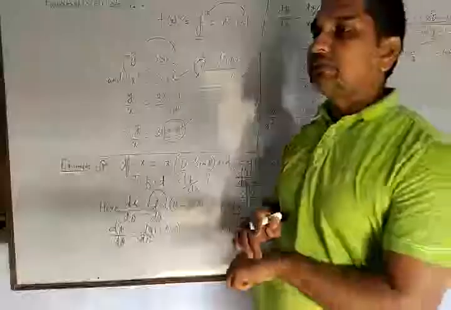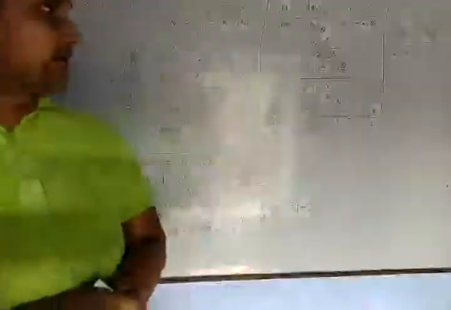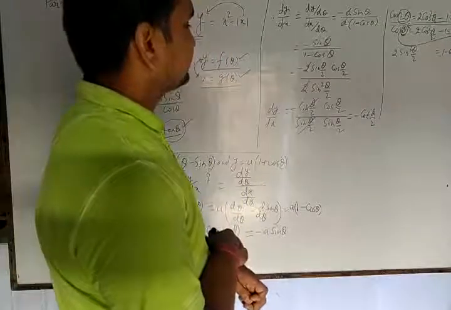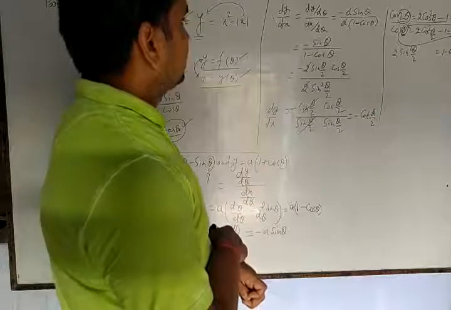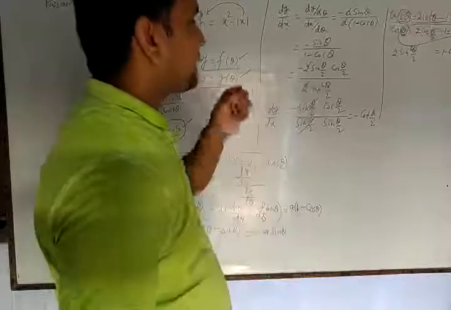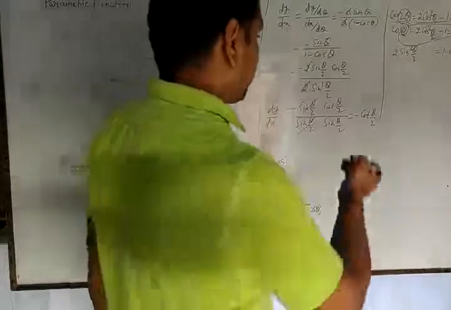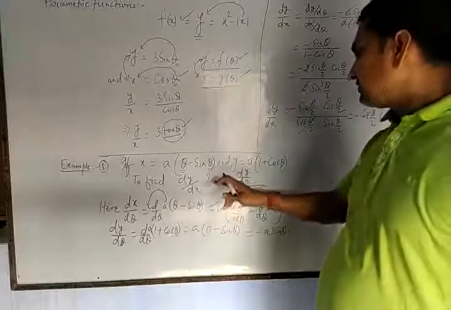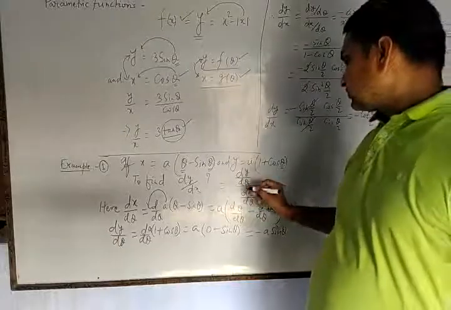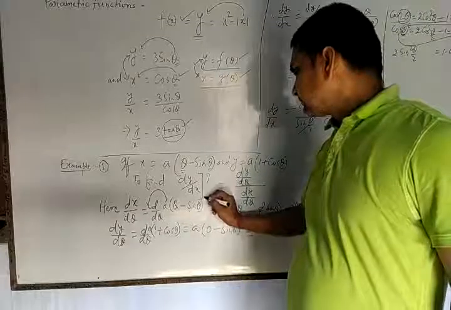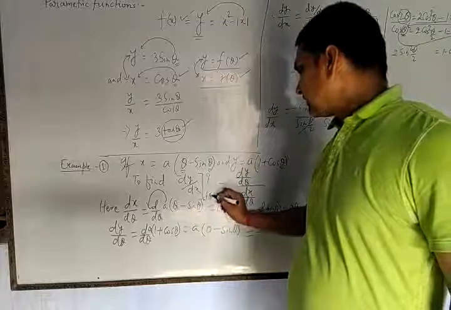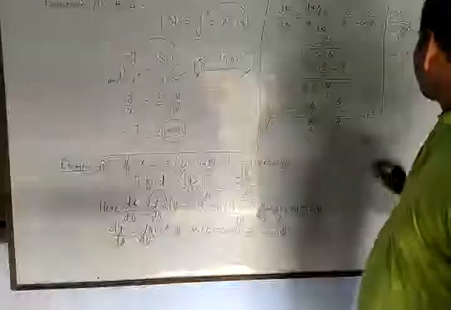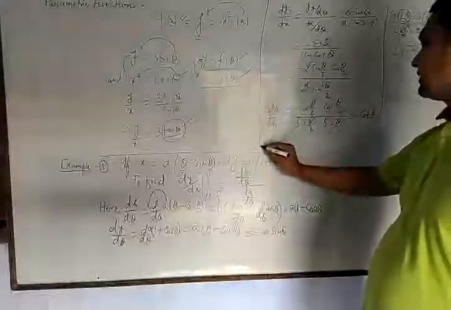Is it clear? Sometimes they may ask the question like, find dy by dx at theta is equal to pi by 3. Sometimes they may give you the question, if x is this, y is this, find dy by dx. A question may be there that at one of the angle theta is equal to pi by 3. Okay? So if we found that dy by dx is there, now